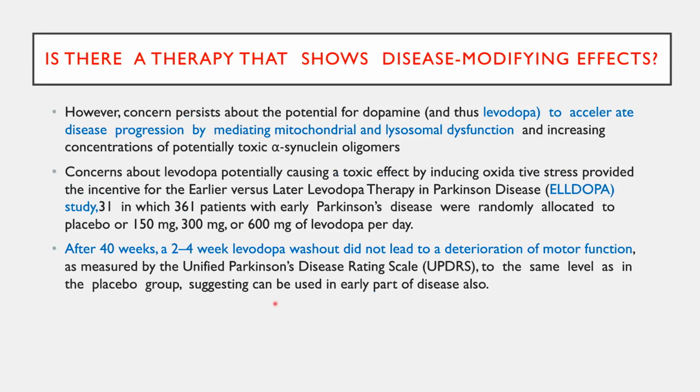And some initial studies showed that levodopa causes mitochondrial and lysosomal dysfunction, leads to synuclein accumulation and worsening of the Parkinsonism. Initial few studies showed this, but later after the ELLDOPA study, they concluded that there is no harmful effect of levodopa. We can even start it in the early part of the disease, they have concluded. Okay. So two things you should know. There is no role of any antioxidants or neuroprotectives in Parkinson's management, and there is no harm in starting levodopa in the early part of the disease. Okay.